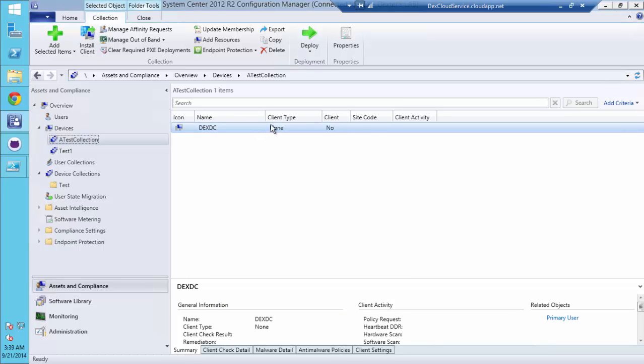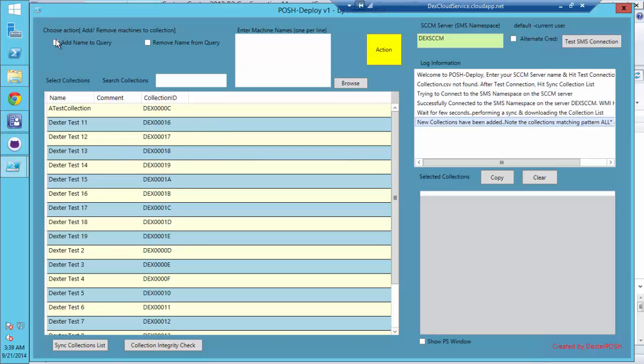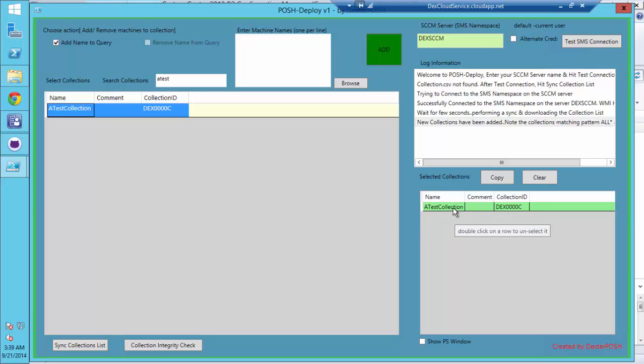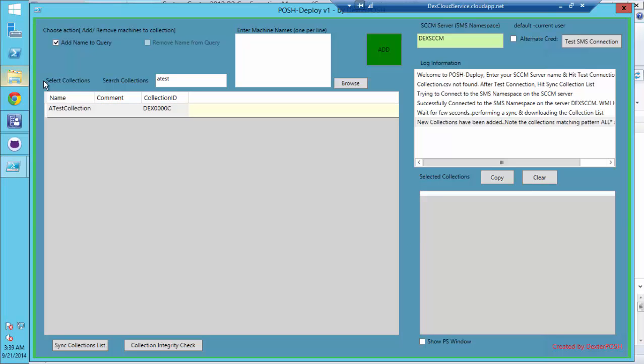It's only been discovered. So when I do an add operation on it, you'll see it also has a search capability, the grid view. If I double click on a grid row, it gets selected. Here are all the selected collections listed. If I double click on a selected collection, it removes it, so I can clear using this as well. Once I have selected the collection,